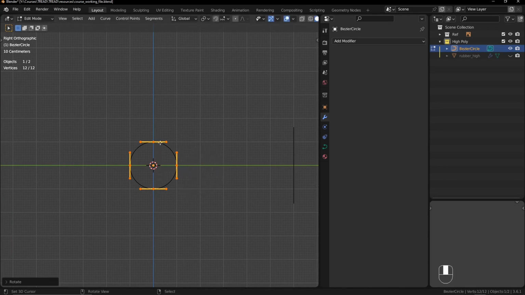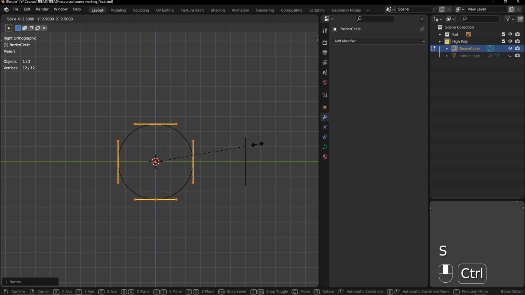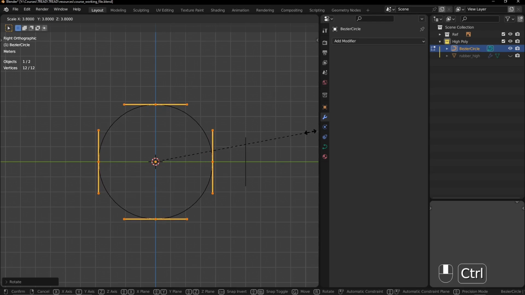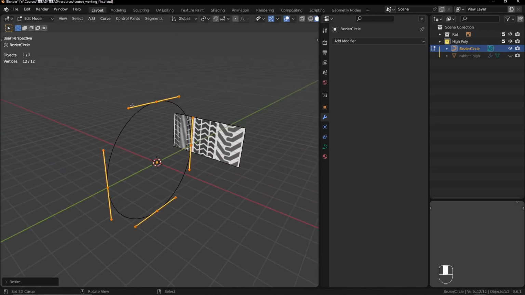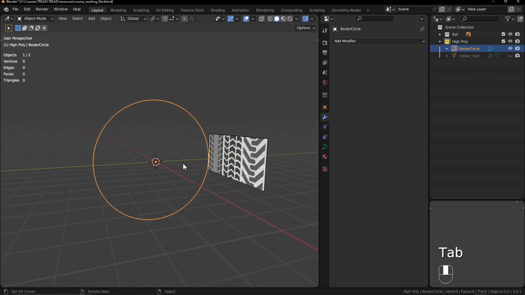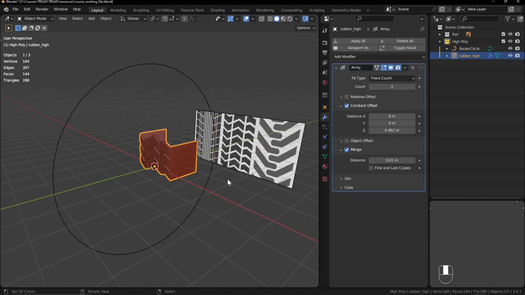So right now we can see that it's 2 meters, right? Because we've got 2 of these squares in either direction. But if I hold down Control and bring this up, so this will be 6, and I think I'll bring it up to, we'll do 7 for now. I might bring it down just a little bit depending on how big the tread is compared to the circle. But this is now going to be a very good guide for how we're going to mold the tread along that circular direction. So if I bring my rubber back in and select it,